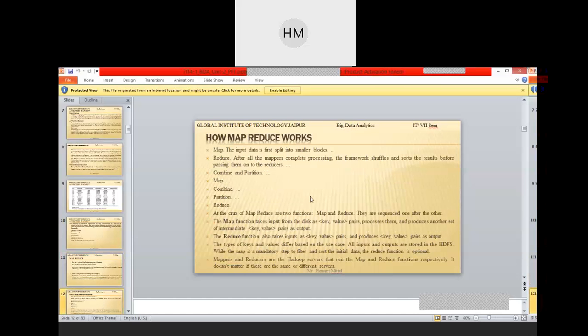How does MapReduce work? Map: the input data is first split into smaller blocks. Reduce: after all the mappers complete processing, the framework shuffles and sorts the results before passing them on to the reducer. Partition, mapping, combiner, partition, and reducer.